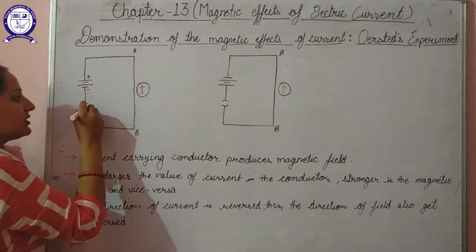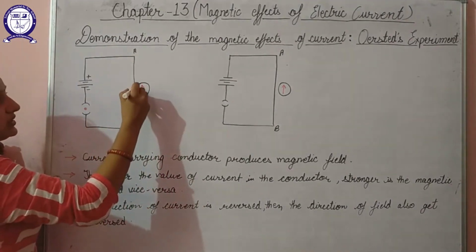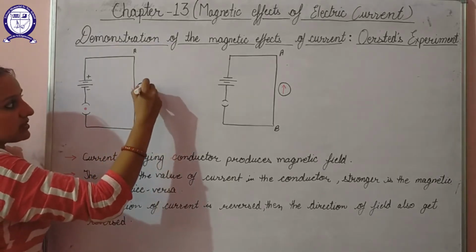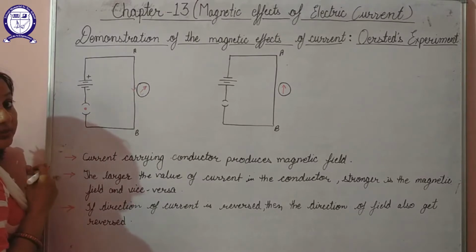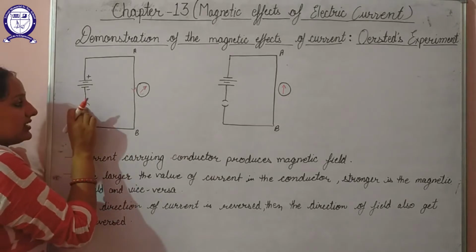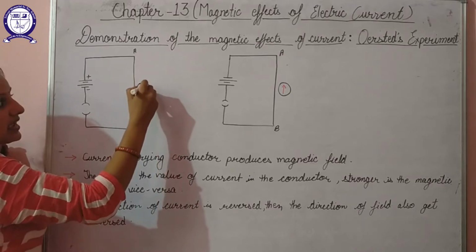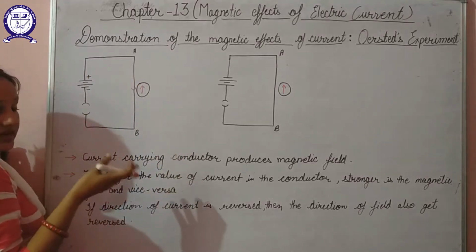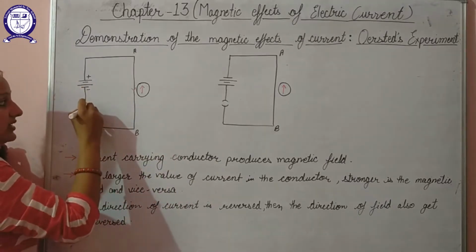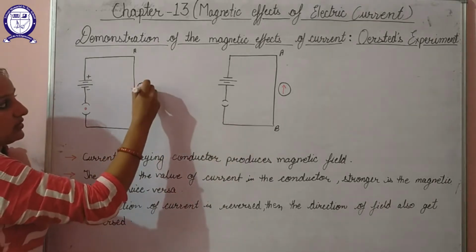Now when he turned on the key, what was observed? When you turn on the key, current will flow through the conducting wire, and it was observed that there was some deflection in the magnetic compass. Now again in the second step, when he turned off the key, what was observed? Again this deflection disappears and this compass again points towards the geographical north of Earth. That means whenever the current flows, the compass will get deflected depending on the direction of current.